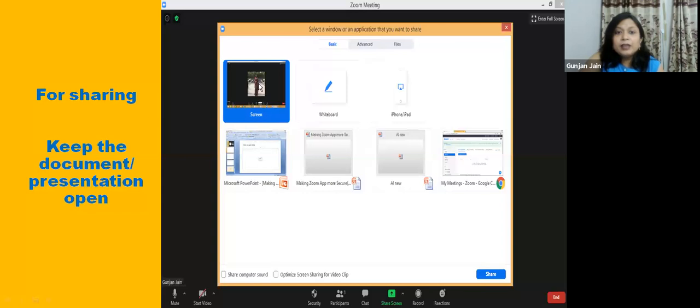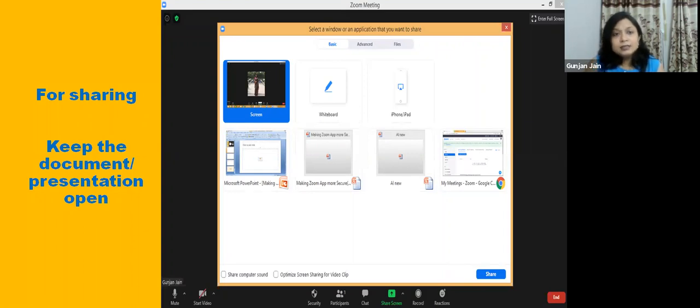If I click on screen and then share, then my complete laptop is shared and all the folders which are visible on the desktop can be seen by everyone. So if you want to keep it private, then you choose a particular presentation and share that only. If you want to access many things at a time, like suppose I have my IT class, I want to share the IT book with them. I want to give them hands-on experience by opening Excel, Word. So in that case, I have to click on screen and then click on share, because I have to use many windows to share.